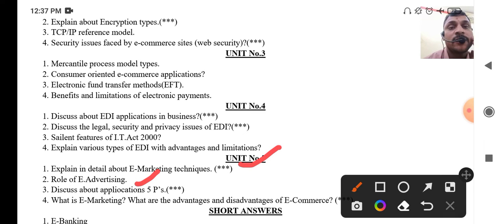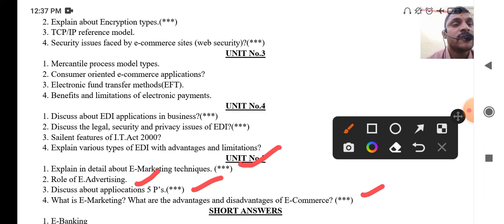Okay, so different types of advertising mechanisms which are available, that related to that we have to explain. So next very important question is from this unit, that is discuss about the applications of 5 P's. So 5 P's: people, price, product, promotion, pricing. So these are very important 5 P's. You have to explain each and every P in detail. So that is what the question number